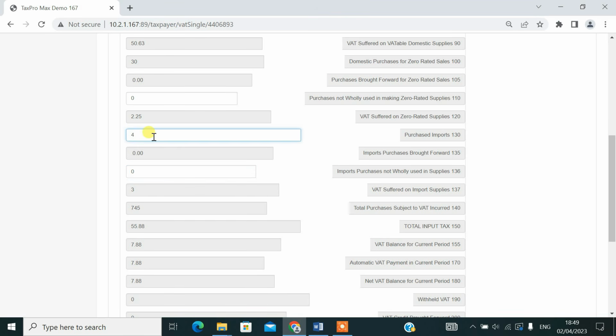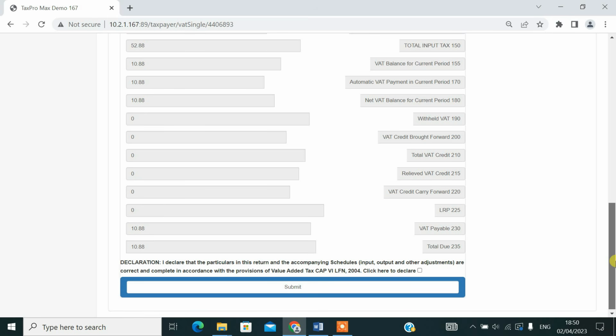That having been said, this is the only place where you can actually manually enter any figure, because this is a basic bookkeeping procedure which only the taxpayer is expected to carry out in the course of filing his VAT. Once you're done with the reconciliation of your closing stock or closing inventory for all of your purchases that were not used in making VATable supplies,